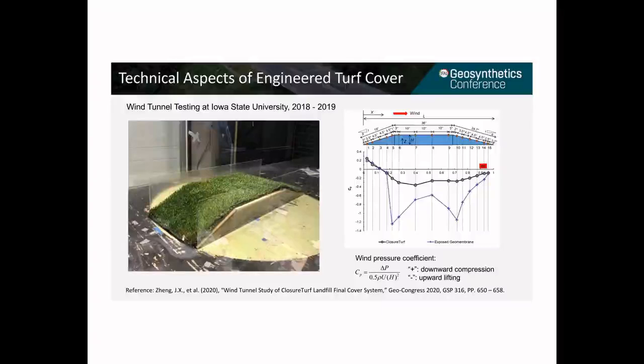Second, the peak coefficient value for the engineered turf is significantly lower than for the exposed geomembrane, which shows the effectiveness of the engineered turf to protect the underlying geomembrane from wind uplift. The wind pressure coefficient can be used to calculate the magnitude of wind pressure on the engineered turf cover surface.